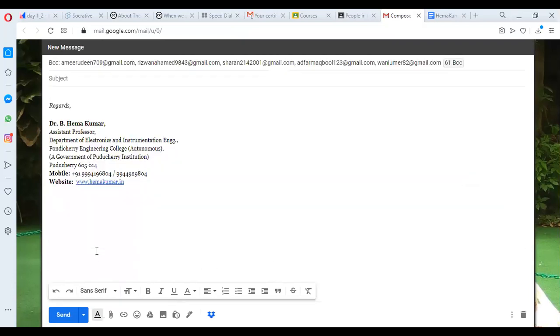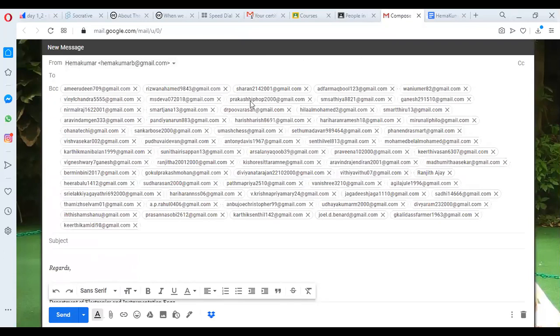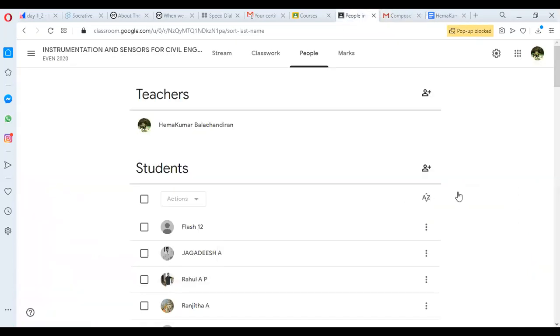So here you can send a group email to everyone. That is another interesting feature that is available with Google Classroom. You can email everyone. Suppose you want to send an instruction or specific things to them, a report or anything, then you can share the content with all these emails. That is a cool feature that is available. Okay. So we'll come back to here. So these are the students list. Again, similarly, the assignments.